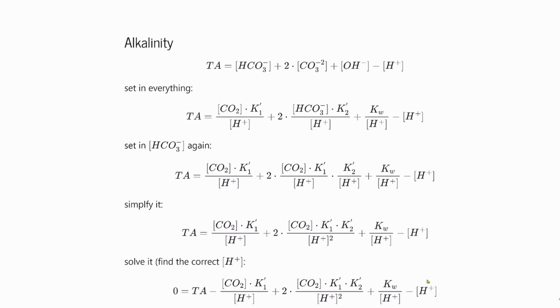And then we can rewrite this equation by putting in all the dissociation constants that I have shown in the previous slide. So set in for bicarbonate the expression with the dissociation constant and the concentration of H plus, and then for carbonate set in as well, for hydroxide set in the relationship. So then we get an equation which is basically describing